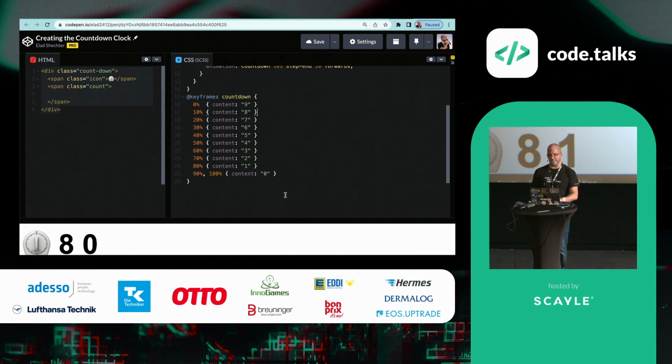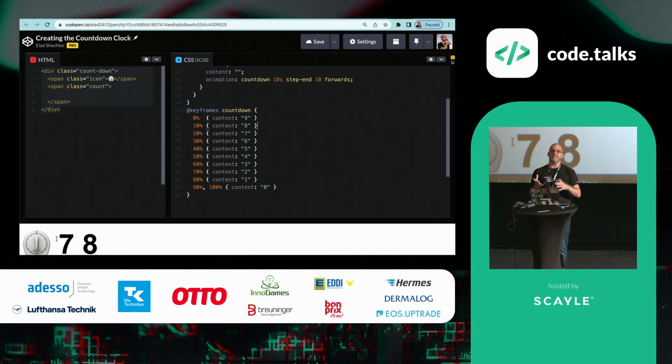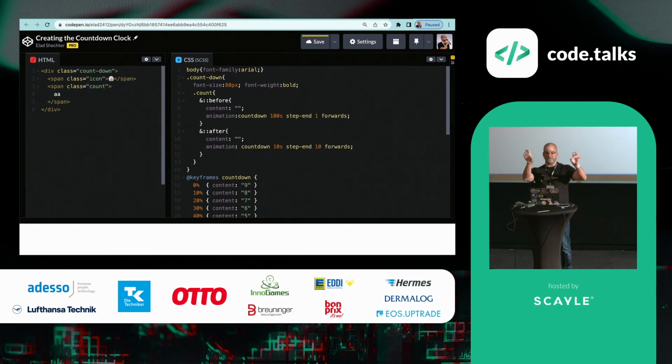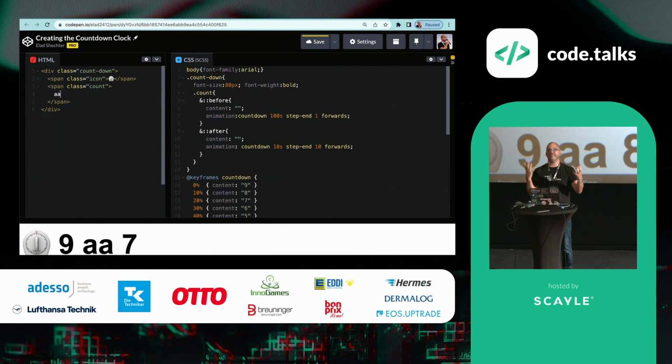What is actually happening here? It's actually not an integer. It's two separated strings that are only really synchronized and only look like an integer that every 1 second goes number down. I'm actually doing here 2 different CSS animations on the before and the after pseudo element of this span HTML element with a class of count. That you will understand what you're seeing right now, let's print here the text AA, and you will see that those values are being separated. They don't have any real connection between them. And now let's see how it really works.